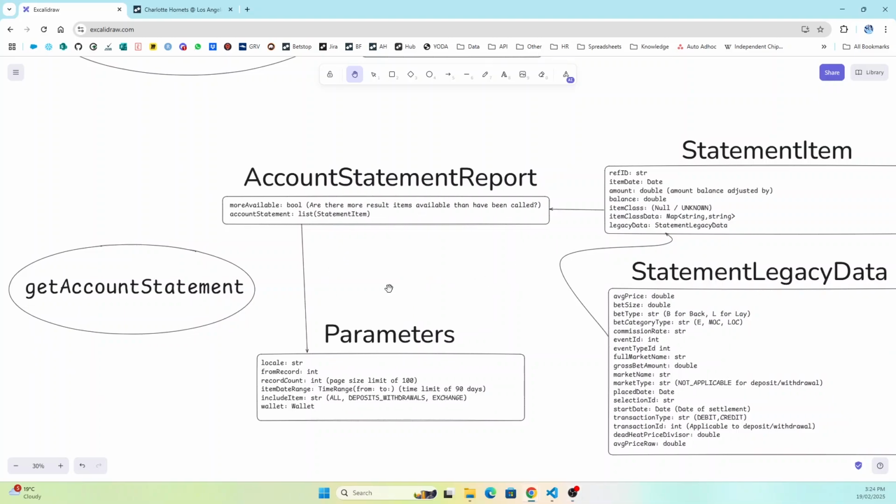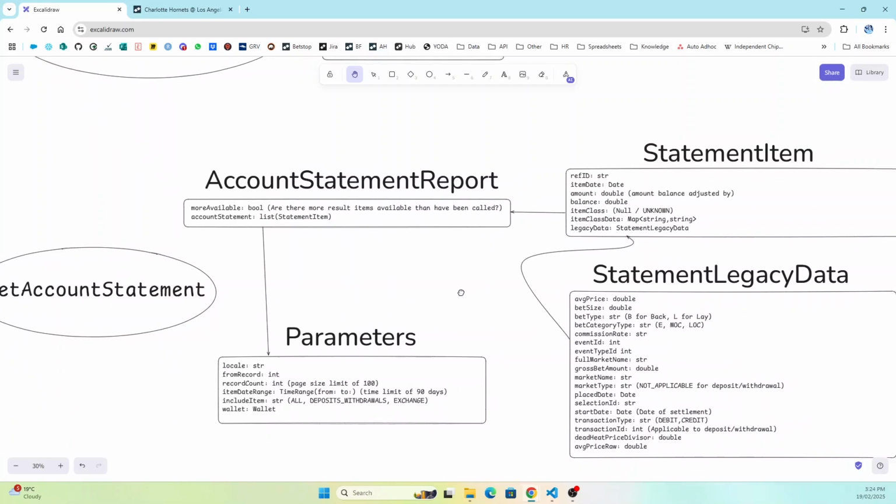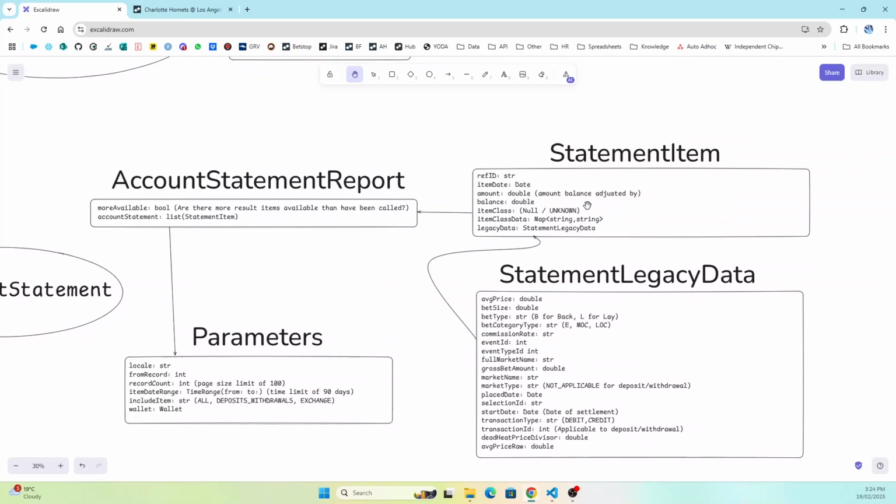So the response to this is your account statement report, which specifies your statement items. So this is the reference ID associated with your account transaction, your item date, so the date of the transaction, the amount, so how much your balance was adjusted by, so whether that's a deposit or a withdrawal or a market loss or market profit, your balance at the time, the item class,